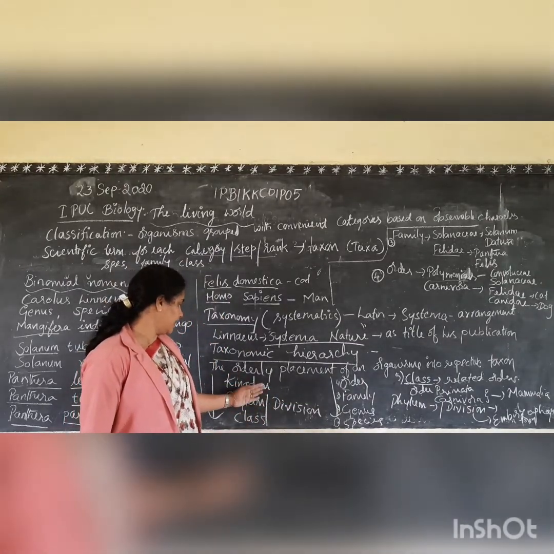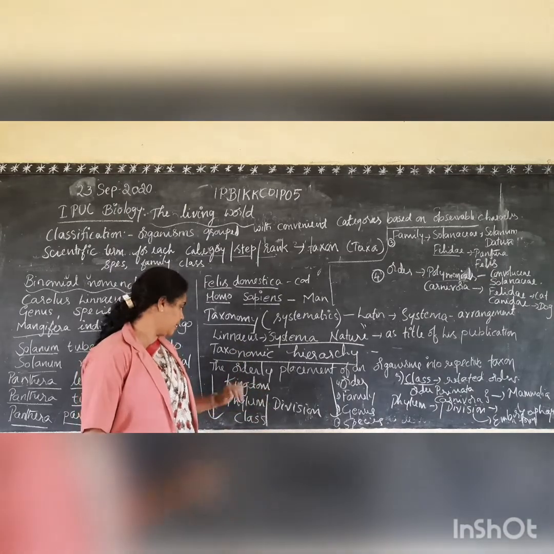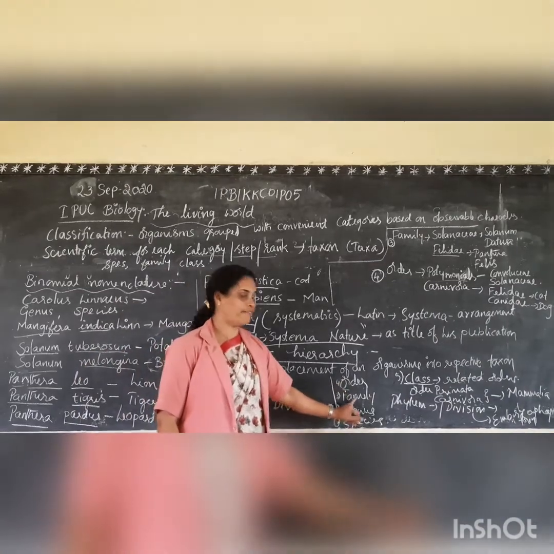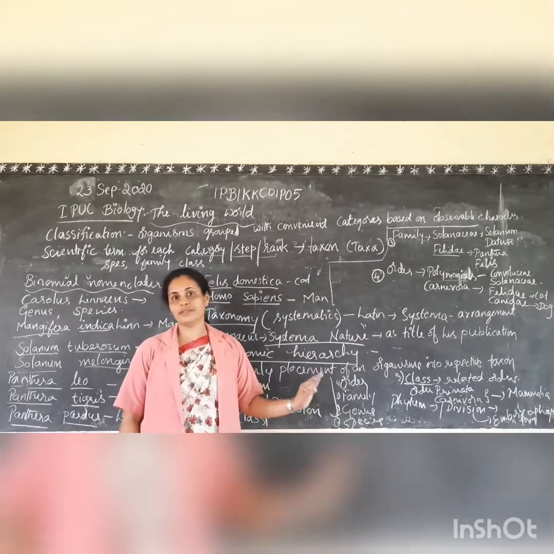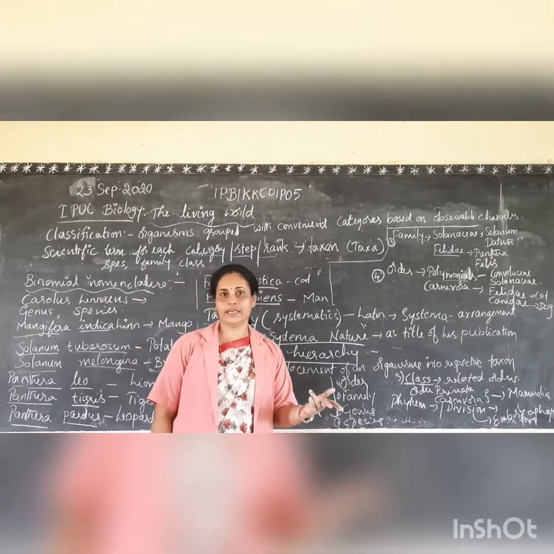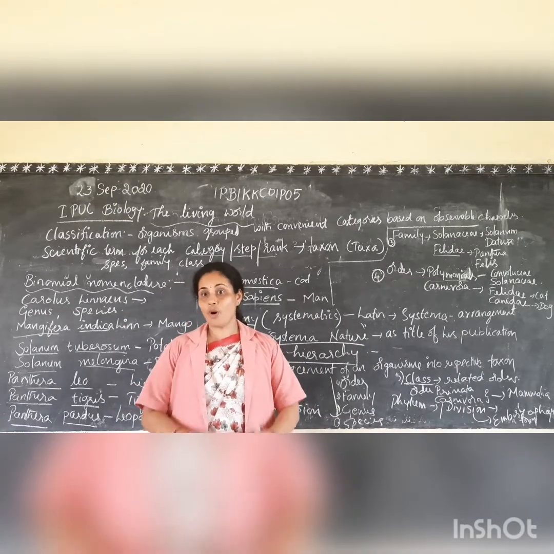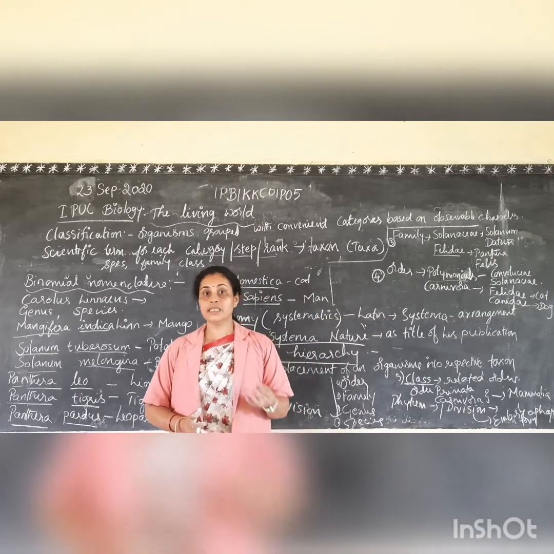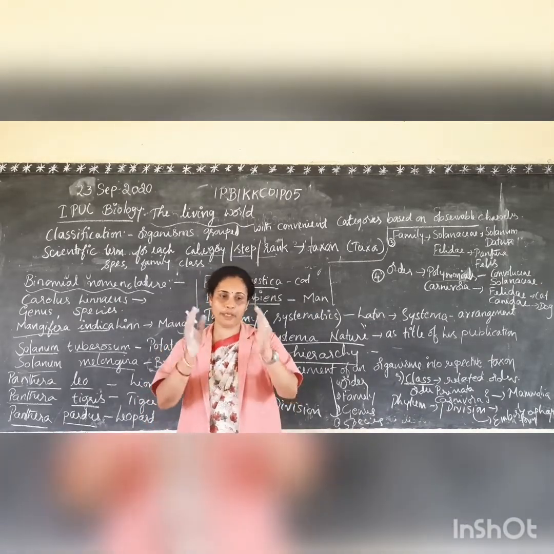The biggest to the smallest should be in order: kingdom, phylum or division, class, order, family, genus, species. Species is the smallest rank, category or taxon in classification. All these are made based on easily observable similar characters, grouped in one particular